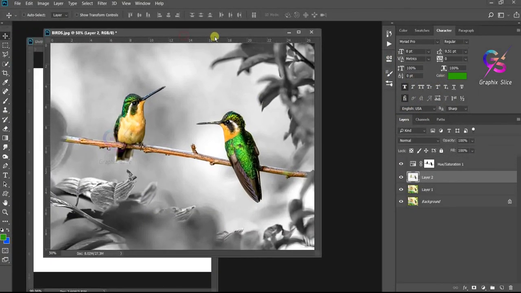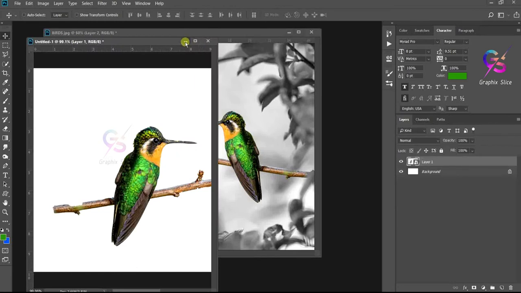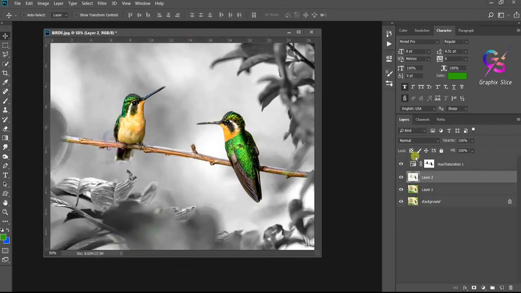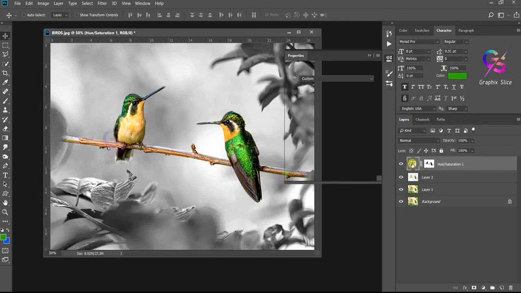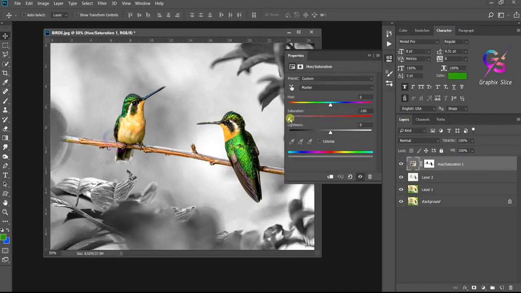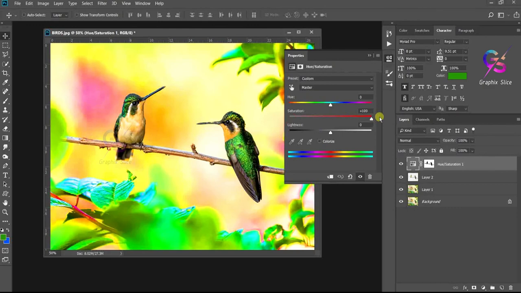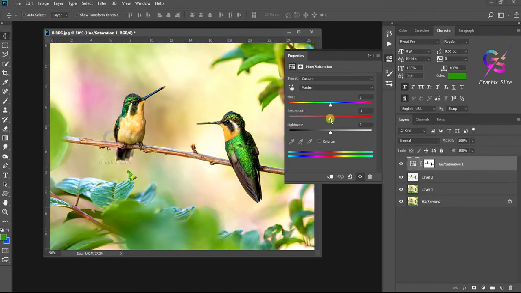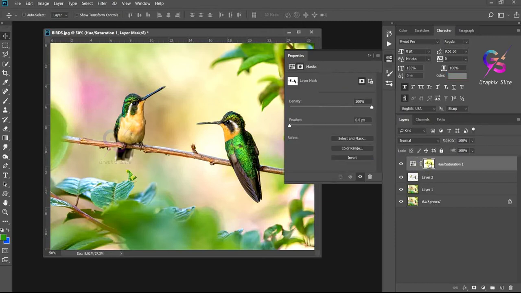So here, again I'm going to select the portion with a mask and I want to invert the mask. So how to invert? This is saturation, right? Saturation, okay, leave it at 0 itself. I want to invert this. Wait a second.